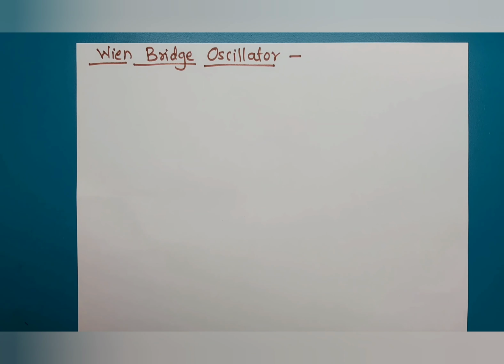Let us draw the bridge circuit. As we can see, A and C are acting as the input terminals. The voltage from the output of the amplifier V0 is given as the input to the bridge, and voltage across the D and C branch is given as the input to the amplifier. So I am going to simply redraw the bridge circuit in simplified form by considering the two frequency sensitive branches. The first frequency sensitive branch consists of the series combination of R1C1. The second frequency sensitive branch consists of the parallel combination of R2C2.